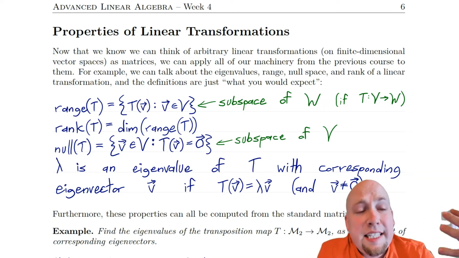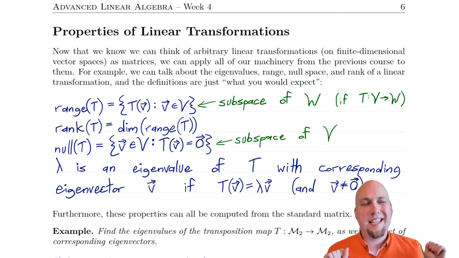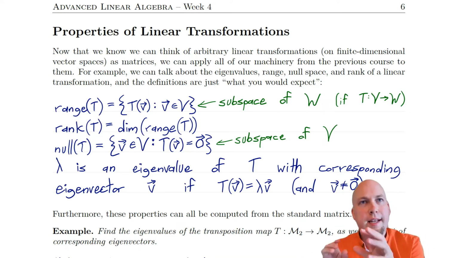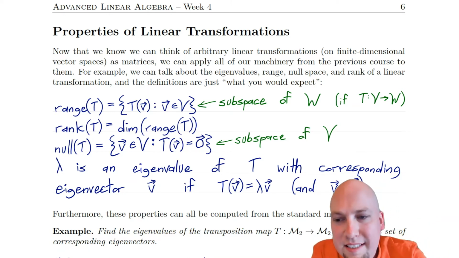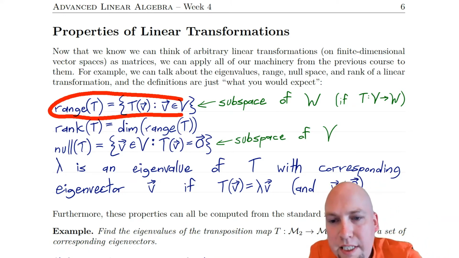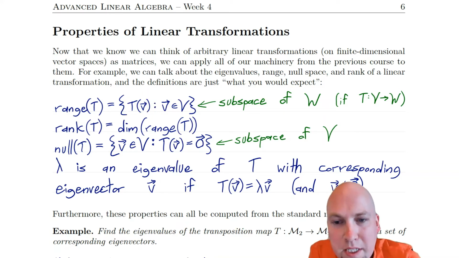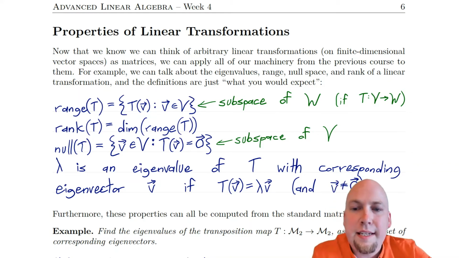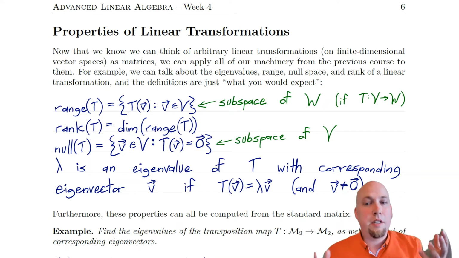All right, so starting off with the range of a linear transformation. It's basically the exact same as what it was for a matrix. Remember, for a matrix, the range of a matrix was the set of all output vectors that you could get if you did matrix times vector. Okay, for linear transformations, it's the same. The range of a linear transformation is the set of all possible outputs of that function, right? If you plug in every single vector v from the input space and then collect all the outputs that you get, all the vectors of the form T(v), that gives you the set that we call the range